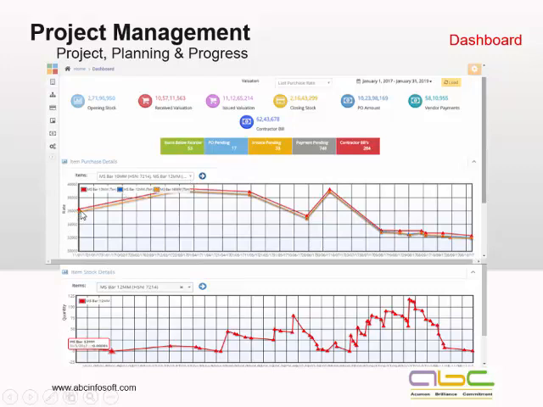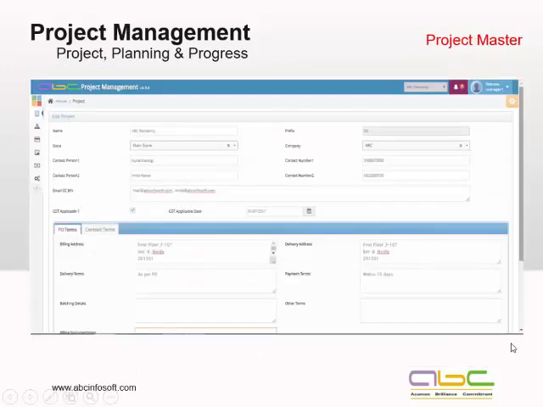So this line graph is showing me the purchase rate of these items at various phases, depending upon the time period we have selected here. So what is the up and down of the rates for this material? And the second line chart is for the stock. I can choose any item and I can check the stock variation of this item at any given period.